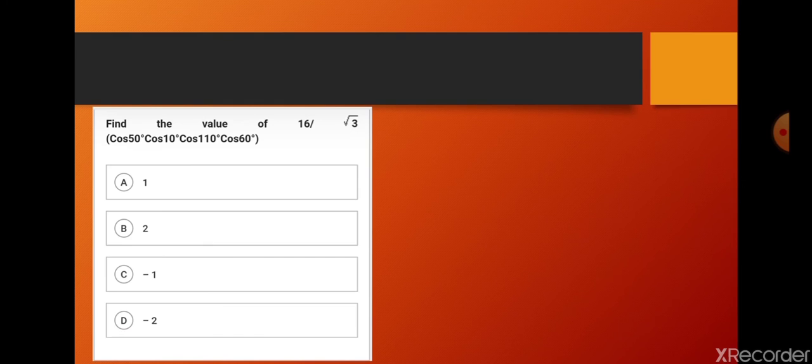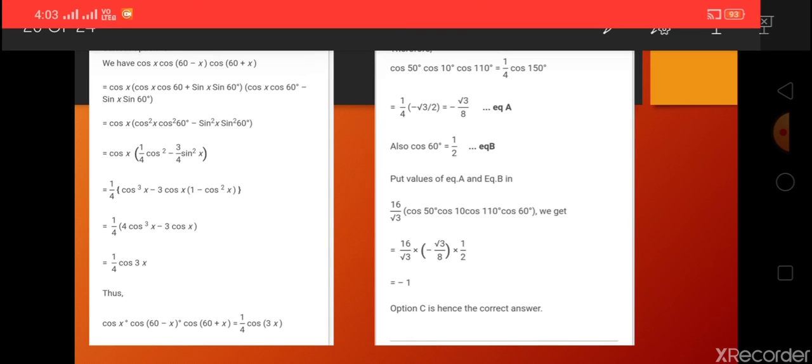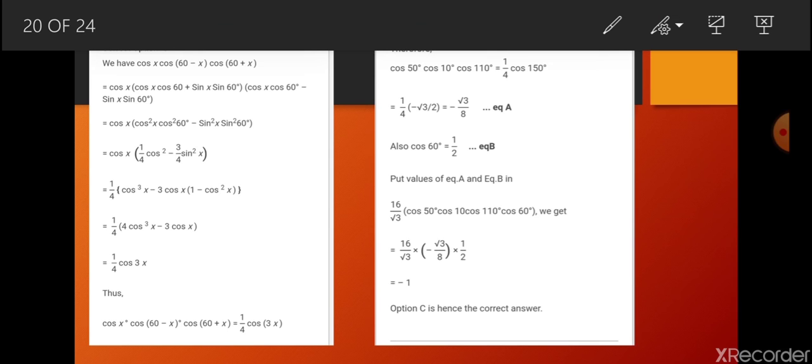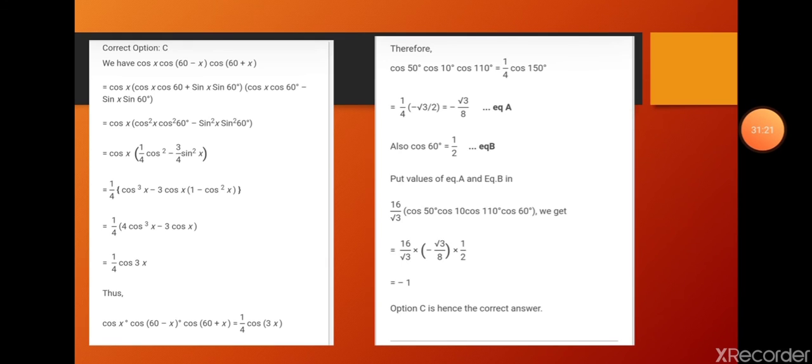Find the value of 16 divided by root 3 into cos 50 into cos 10 into cos 110 into cos 60. Option A: 1, option B: 2, option C: minus 1, option D: minus 2. Here the correct option is C because we know that cos x into cos of (60 minus x) into cos